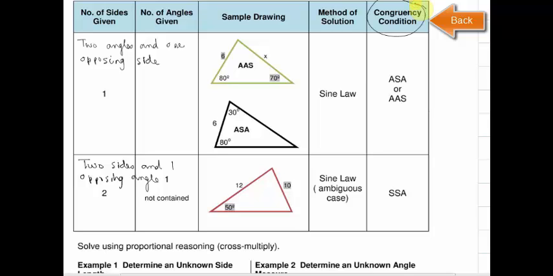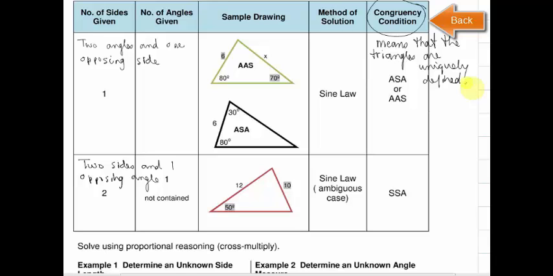What we mean by congruency conditions is that our triangles are uniquely defined. Okay, so that means that if I have this information that's given to me, then if I